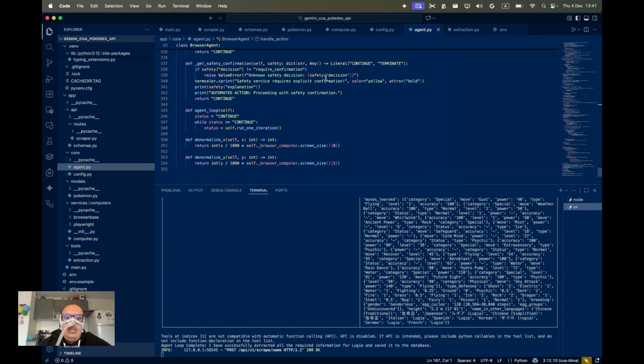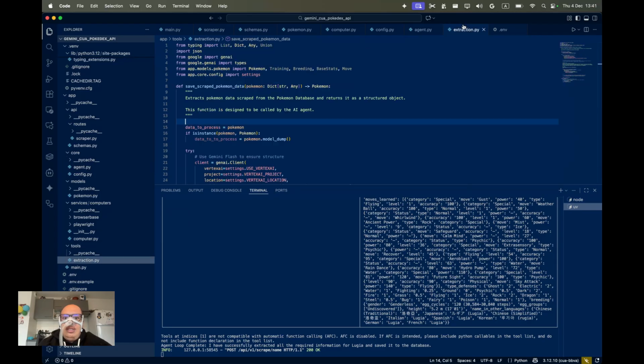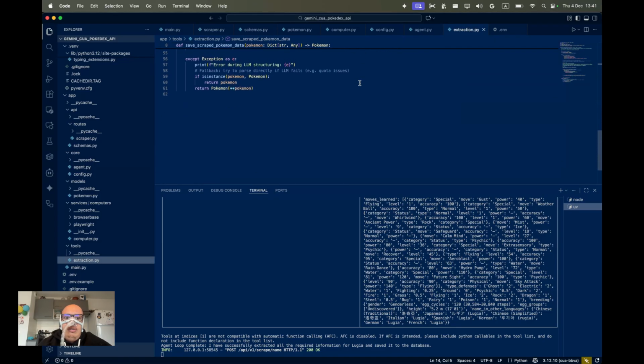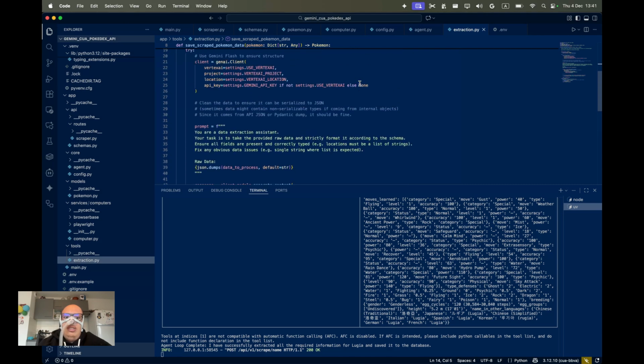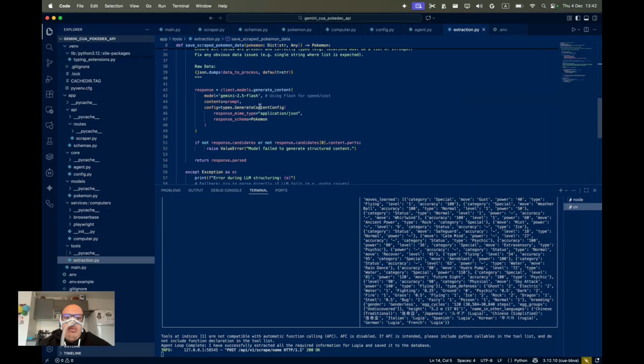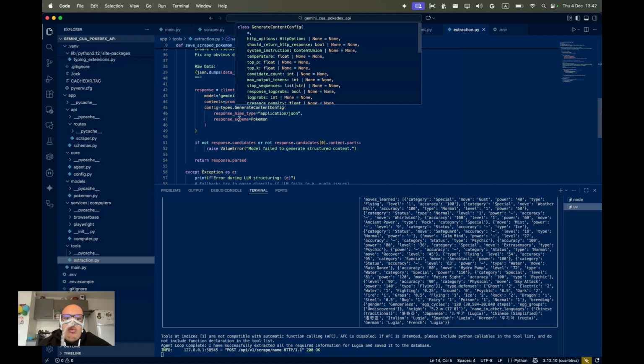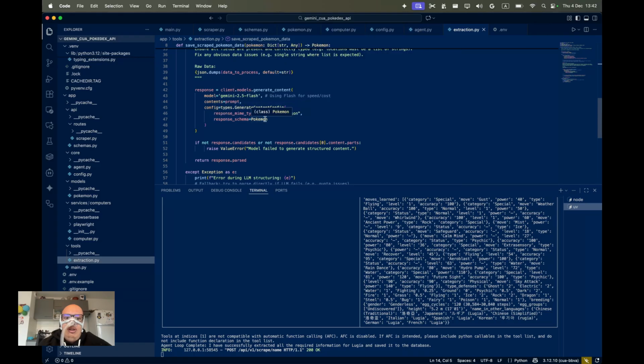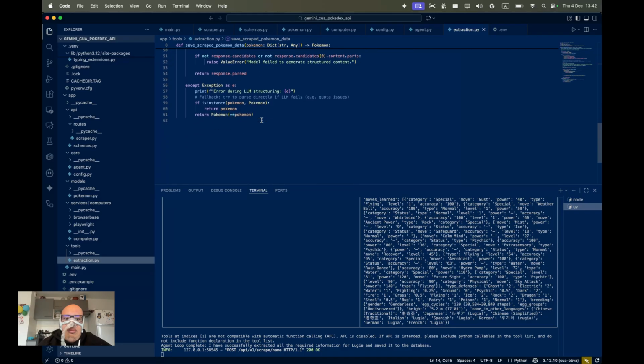Of course, there are sometimes safety confirmations. So the model will be asking you whether you are okay or not with it accepting cookies and this kind of stuff. And you can build, of course, automations to automatically accept that depending on the use case and the website. And of course, here we have the agent loop, right? And this is our extraction logic here. In order to enforce the schema, what we are doing here is that we are using Gemini 2.5 Flash, and we are having a generate content config